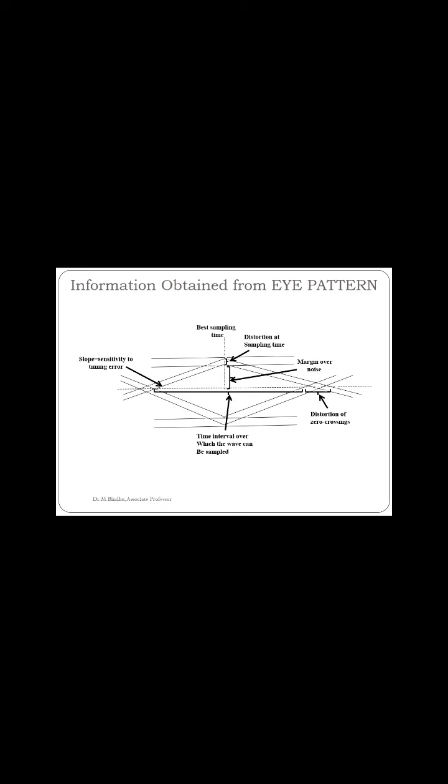So you can take this eye to be represented, and you can take a vertical line. See, this is the vertical line, this is the horizontal line, the red line I brought. So you have drawn it like an eye now. This part is the opening of your eye. You can vary this interval. The interval in which it varies depends upon how much noise or how much intersymbol interference is present in the system. That can be calculated using this parameter: distortion at sampling time, time interval.